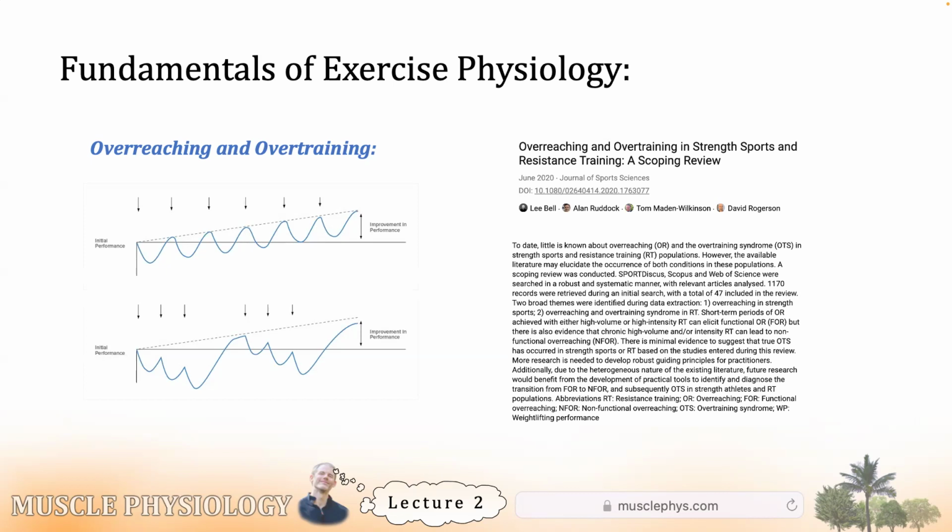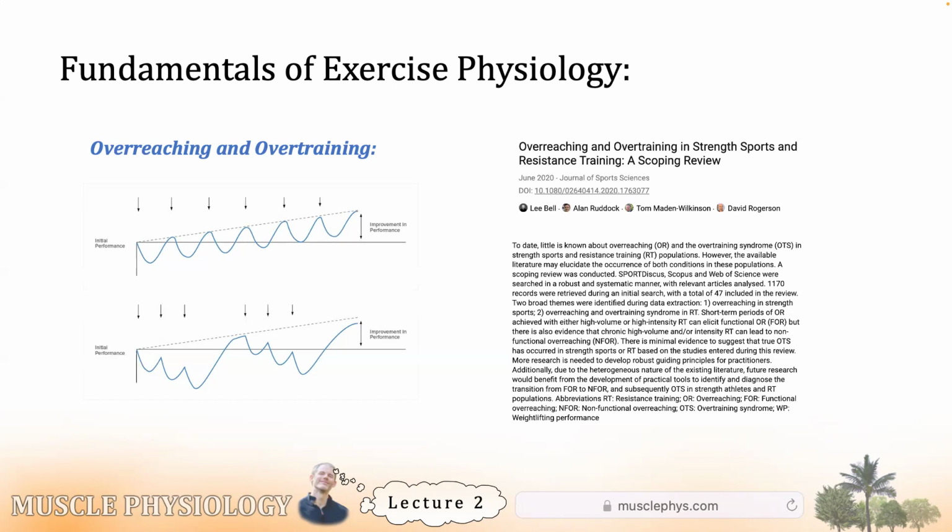Non-functional overreaching lacks the rebound. Performance degrades, and there's some physiological maladaptation with no desirable adaptations. There are desirable adaptations to functional overreaching. There are not desirable adaptations to non-functional overreaching. Now, following a period of rest, you do recover, but it probably takes some weeks to do the recovery and to get back to your baseline. Depending on severity, it could even be months. It depends how hard you've pushed yourself, along with those recovery optimization variables we talked about: diet, sleep, hydration, medications, that kind of stuff.